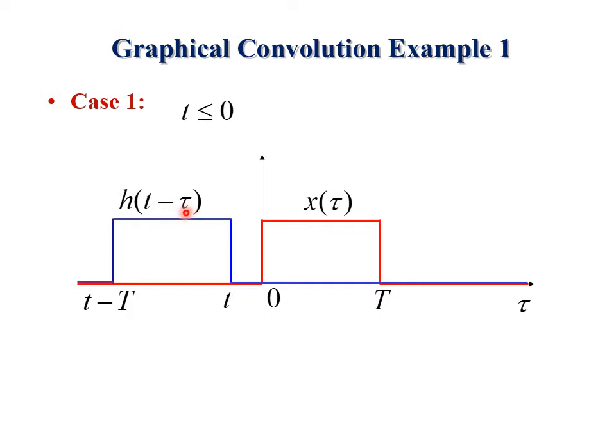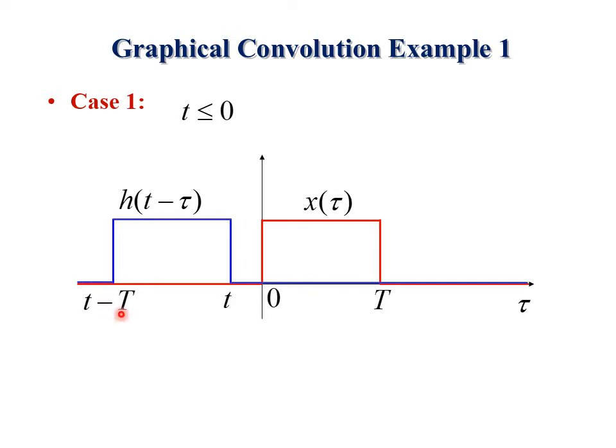In this case, since both of them are identical, we have decided to flip the impulse signal. So we have h of t minus tau, and for any value t less than 0, we can see that there is no overlap between the two signals. Hence, the value of the integral of x of tau into h of t minus tau over such a period, t less than 0, would be 0, because there is no overlap between the two